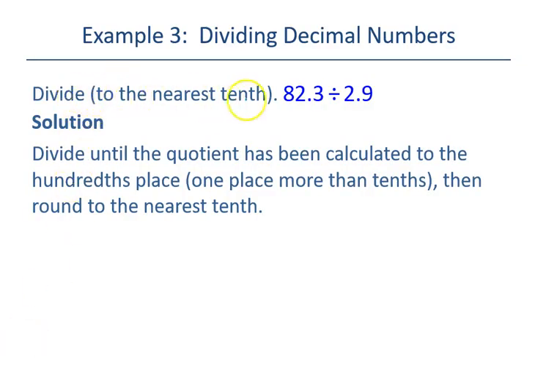Here we're going to divide to the nearest tenth. Since it says we're dividing to the nearest tenth, I'm actually going to do my division out to the hundredth. So divide until the quotient has been calculated to the hundredth place, one place more than the tenth, then round to the nearest tenth. So here we go. We've got 2.9 divided by